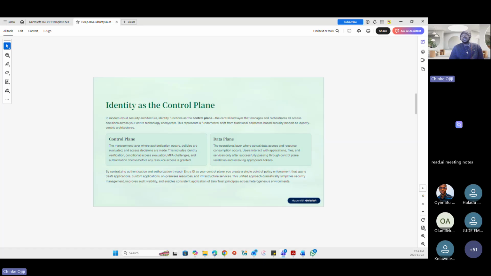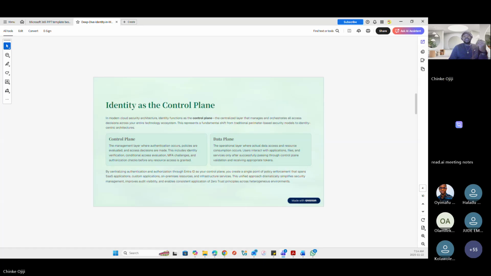A data plane is more of an operational layer where actual data access and resource consumption occur. A control plane doesn't host that business data, which protects it in a way, but it governs how these things are accessed.